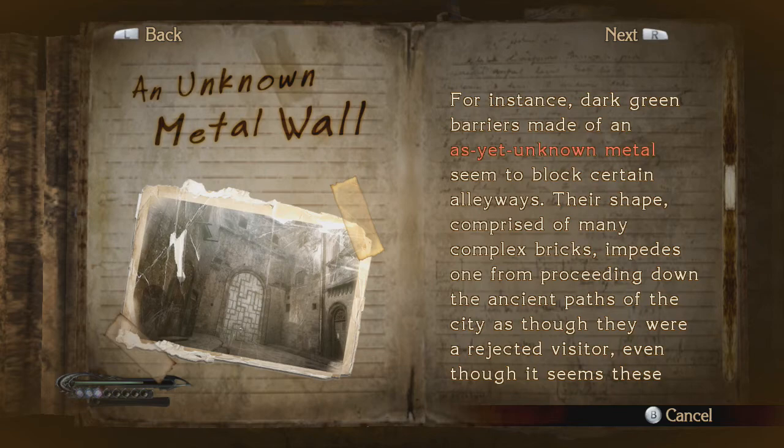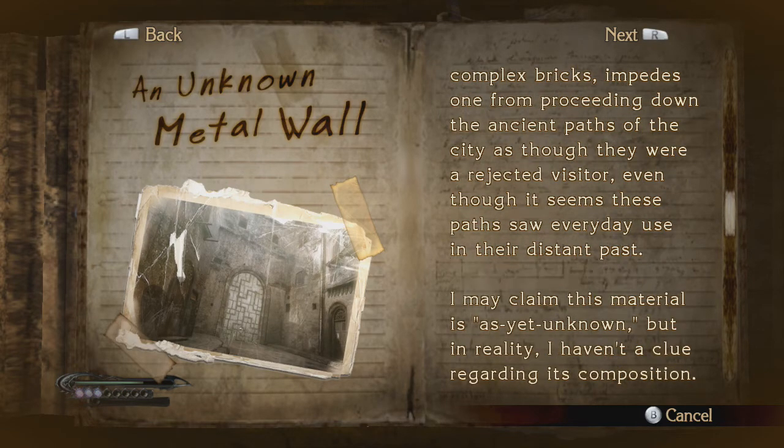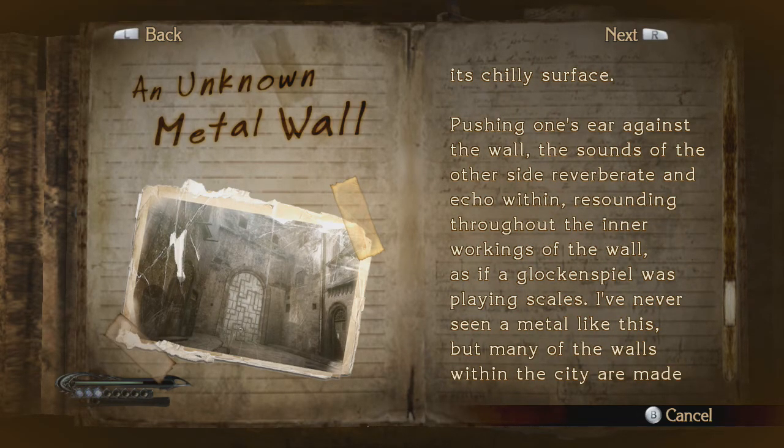For instance, the dark green barriers, made of an as yet unknown metal, seem to block certain alleyways. Their shape, comprised of many complex bricks, impedes one from proceeding down the ancient paths of the city as though they were a rejected visitor, even though it seems these paths saw everyday use in their distant past. I may claim this material is as yet unknown, but in reality I haven't a clue regarding its composition. It is harder and heavier than anything a human being is capable of moving, or so I have surmised from examining its chilly surface. Pushing one's ear against the wall, the sounds of the other side reverberate and echo within,